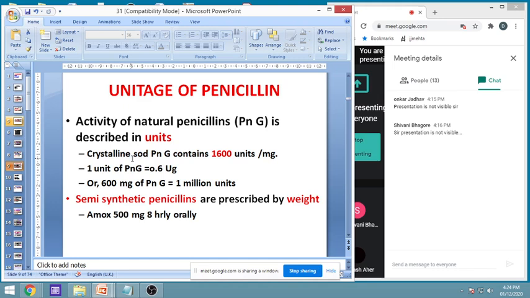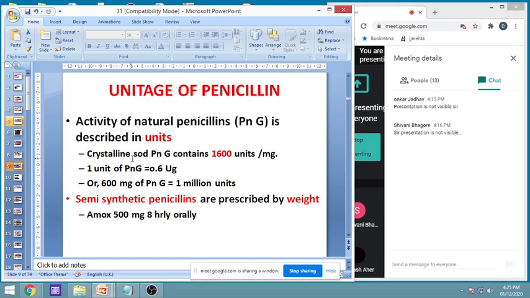Now for that, let me tell you a story. Whatever natural compounds there were, maybe insulin or penicillin, since they were derived from natural sources, it was not very sure what compound it was. At that time purification and assay techniques were not advanced, so they were based on activity, that is, how much is able to kill the microorganism, or how much insulin is able to bring down glucose. Since they were natural extracts, the most important thing was activity, and because of batch-to-batch variation, instead of milligrams it was done on the basis of activity.